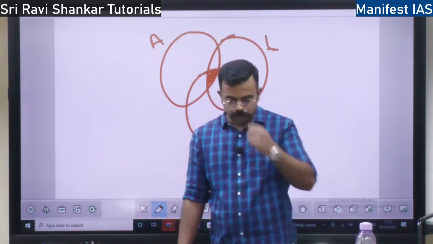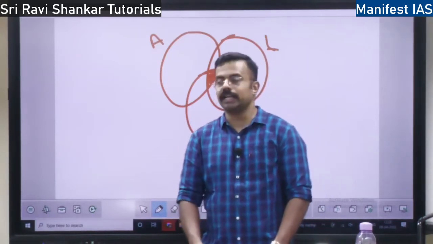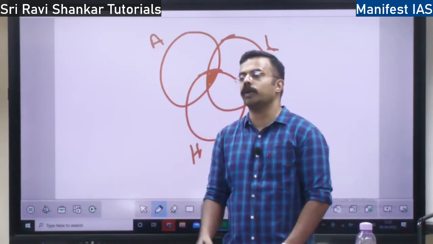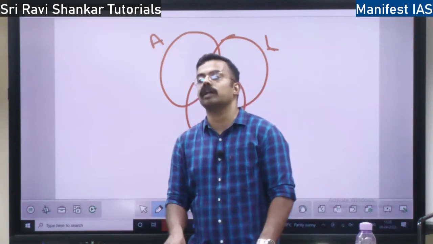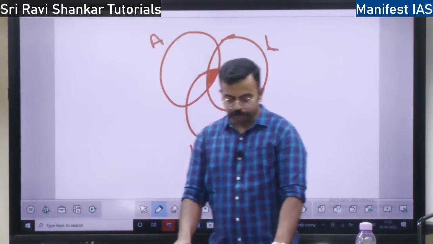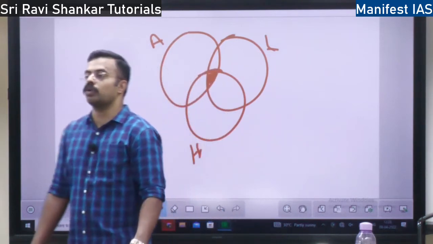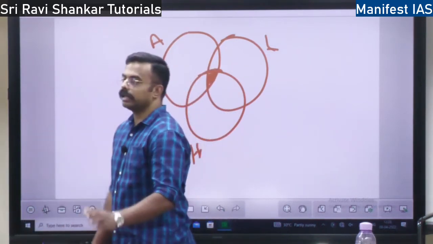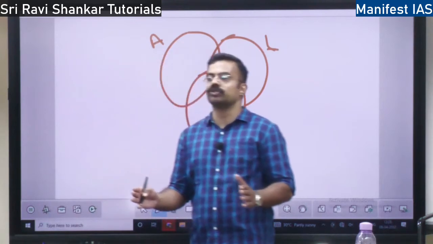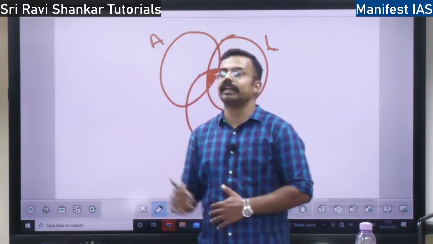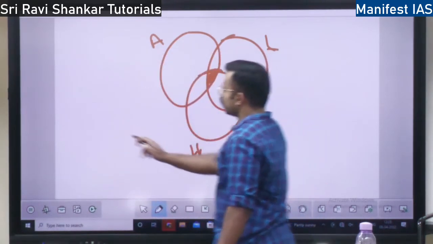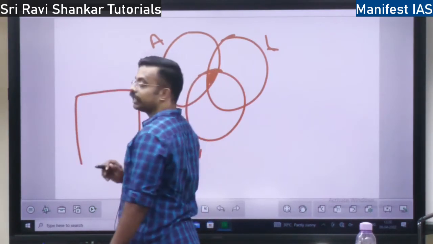So only in aquatic zones you don't find biomes. Biomes are only found on land, right? So aquatic zones, no biomes, but distinct life zones. You can divide the aquatic zone not into biomes, but into distinct life zones. Let's say this is an aquatic ecosystem, there are distinct life zones.